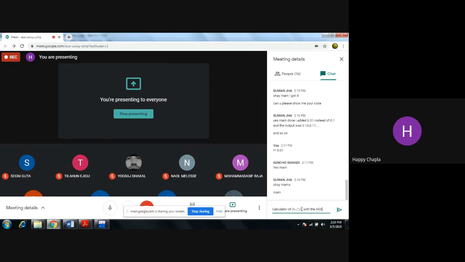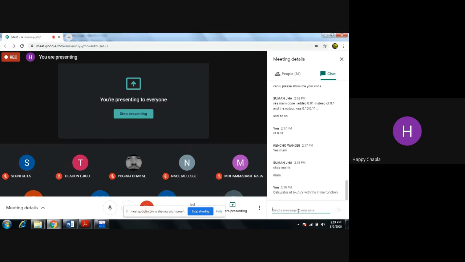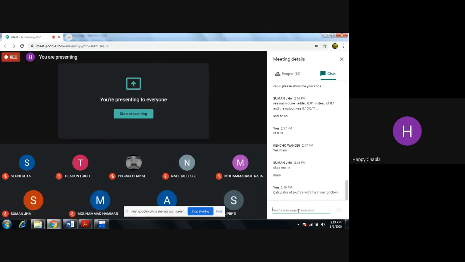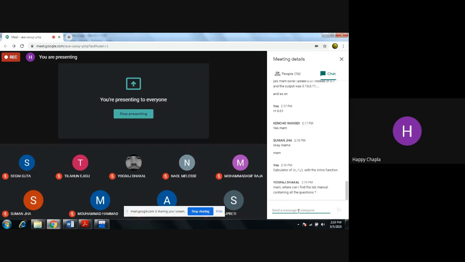So if you want to use inline in your question, you just need to complete that function within 1 to 2 lines, right? So you need to write the function body, which will include 1 to 2 lines for the question.